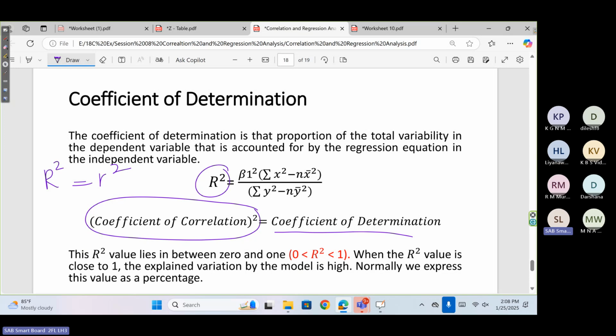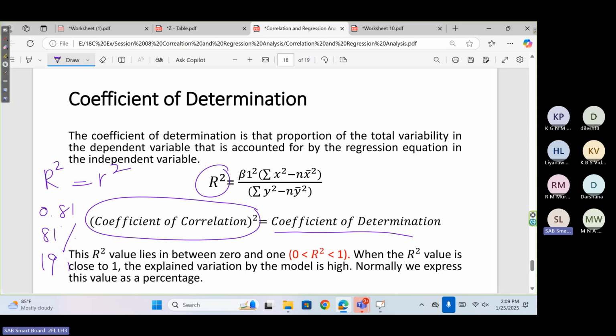Assume R squared is 0.81, normally written as a percentage, 81%. It means 81% of sales revenue is explained by advertising expense. It gives the proportion of impact. The remaining 19%